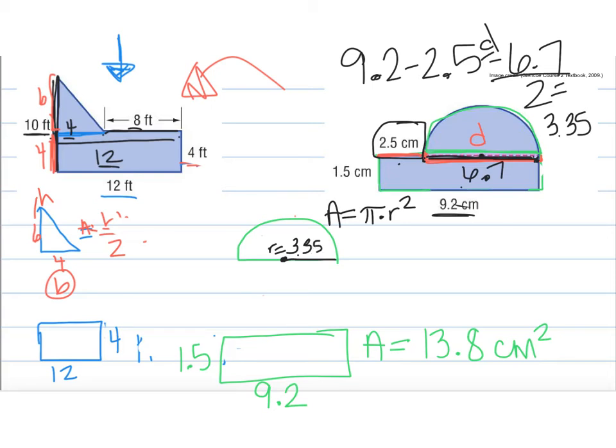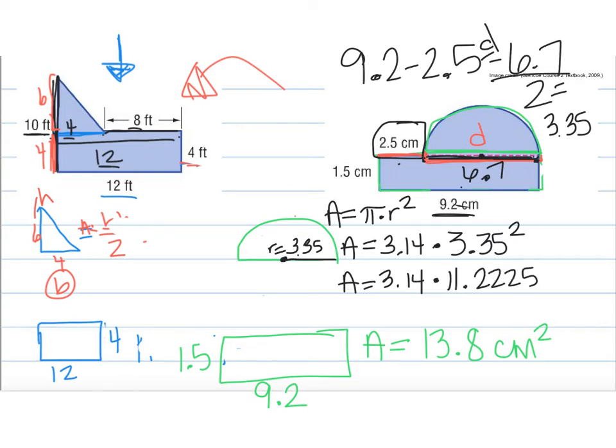So now let's plug this in. I have 3.14, because that's pi, times 3.35 squared. So I do 3.35 squared first, 3.35 times 3.35, and I get 11 point, and I'm not going to round it quite yet, I'm just going to leave it like this, 11.225. So now I do that times 3.14,